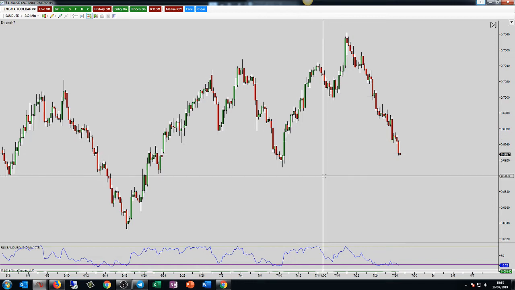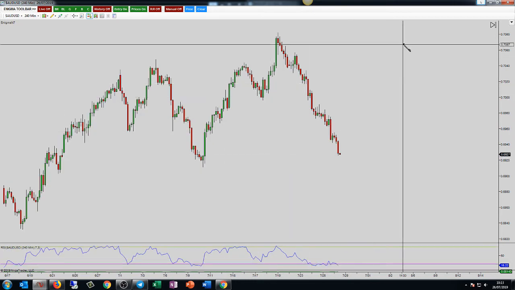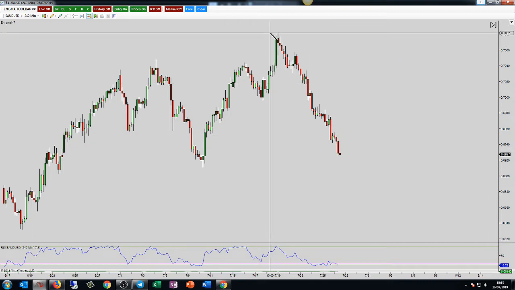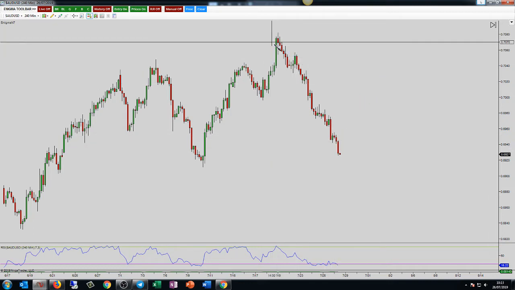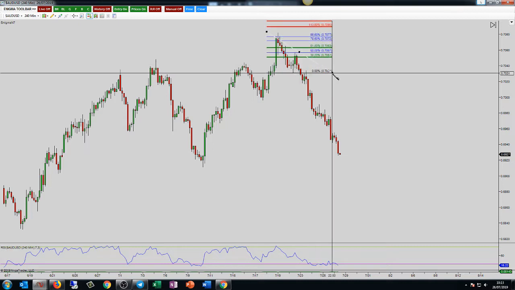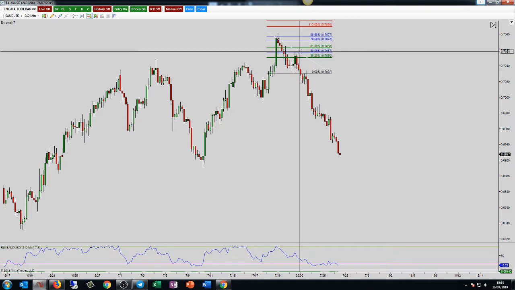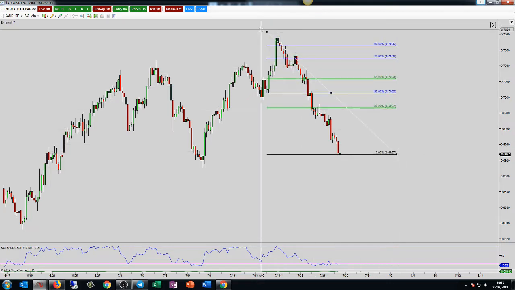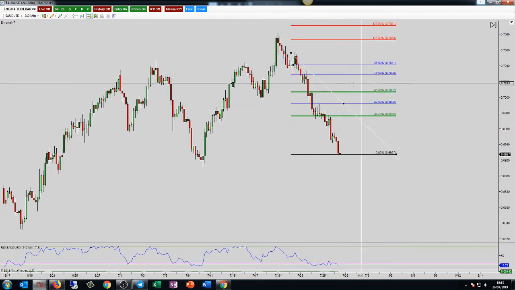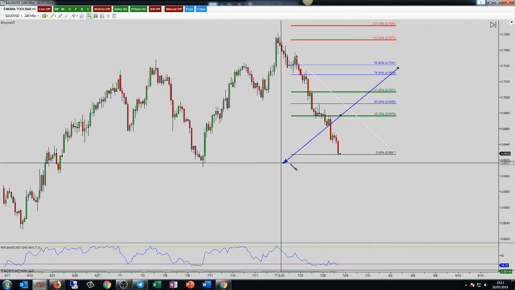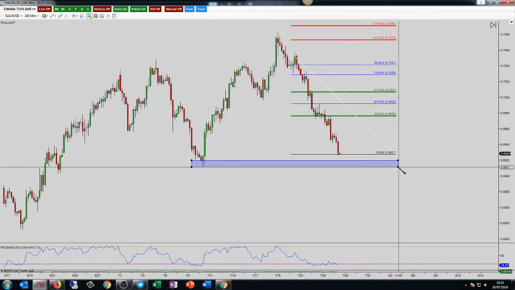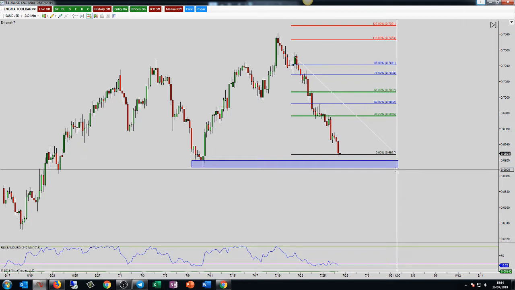Aussie dollar on the 240 then. Directional move here, guys. Look at the move we've had, and if we put a fib on from our swing high to swing low, this was the only section that hit a 382. Other than that, this has been a directional move from this point all the way down, and it's likely that as we come into this level, we're probably going to see a reaction here.